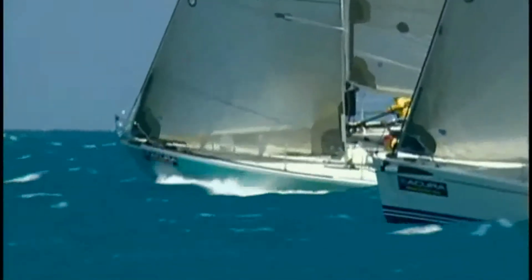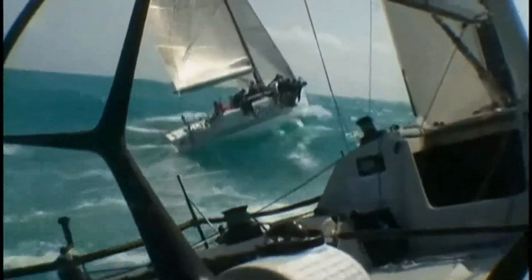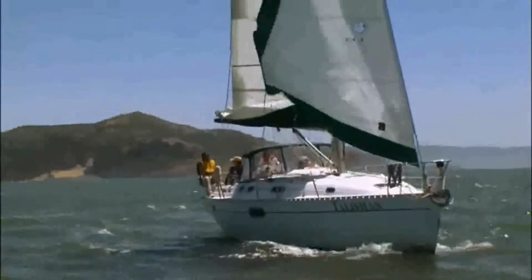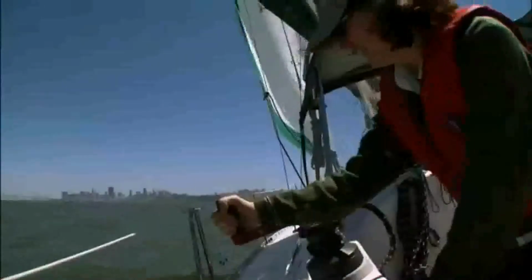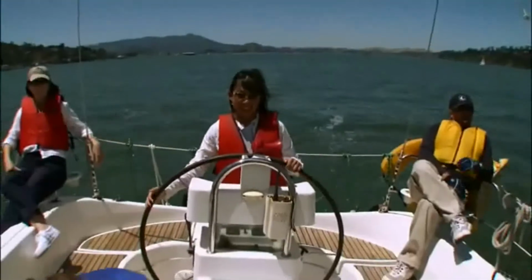A lot has changed. Today's sailboats apply very different principles to harness the power of wind and wave. So if you want to master modern sailboats, you'd better learn some physics. So why did the wind shift? Just because? The Quest team attempted to do just that on a recent sailing lesson at Modern Sailing Academy in